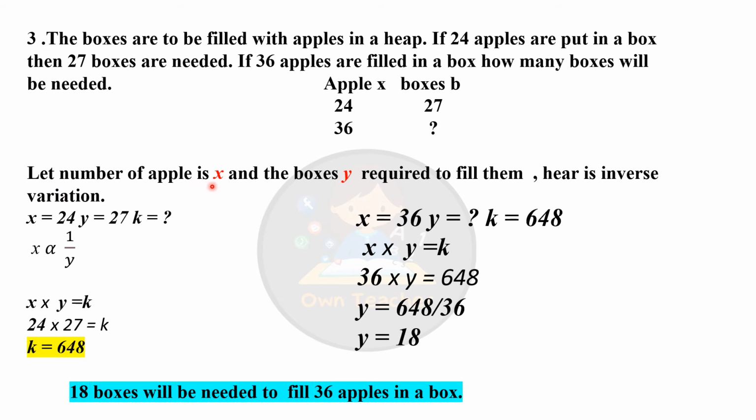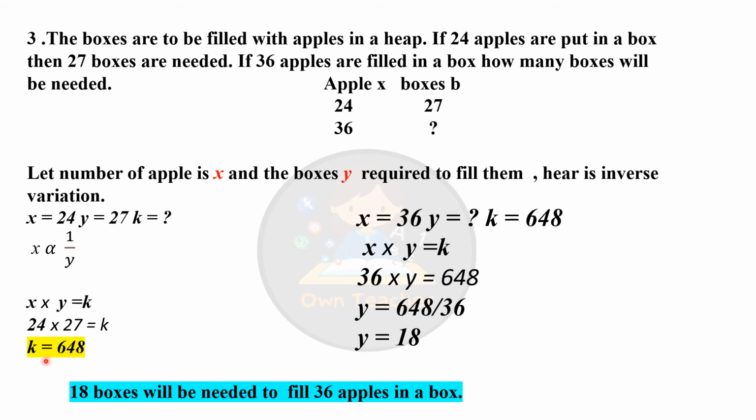Let the number of apples be X and the boxes Y required to fill them. Here is inverse variation. X is equal to 24, then Y is equal to 27. So first we will find out the value of K. X is inversely proportional to Y. X into Y is equal to K. The value of X is 24 and value of Y is 27. So we will here multiply. Then we get the value of K, that is